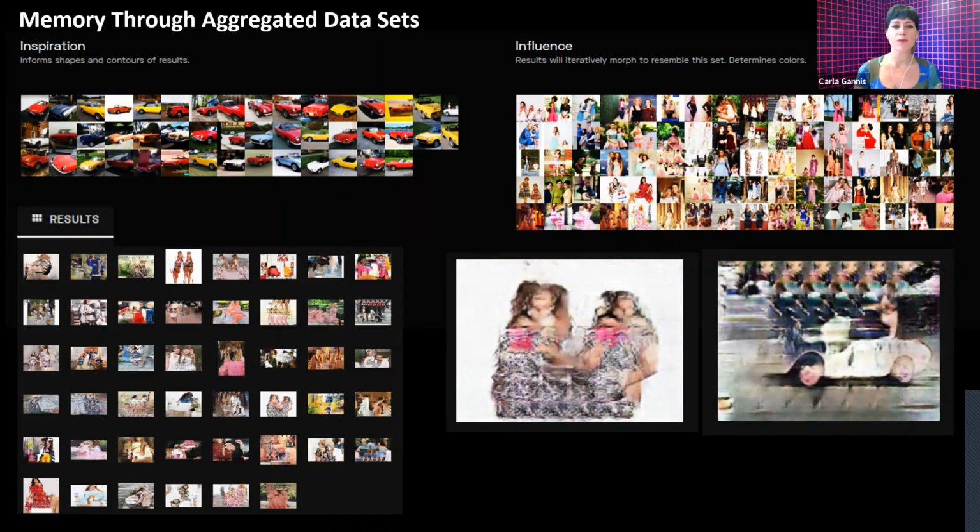So I began by reflecting on a memory from childhood, and then I gathered images, data sets from the internet that represented aspects of that memory. I uploaded the images to Playform as inspirations or influences. This is the Gannis model, where a single or multiple training set generates new data based on certain parameters passed on by the original data. And here are the rather small data sets I used at the time